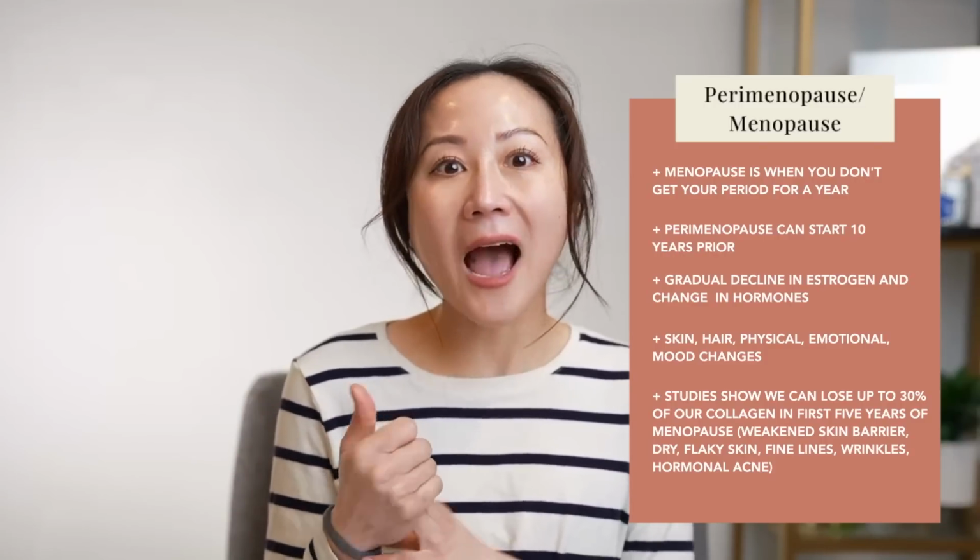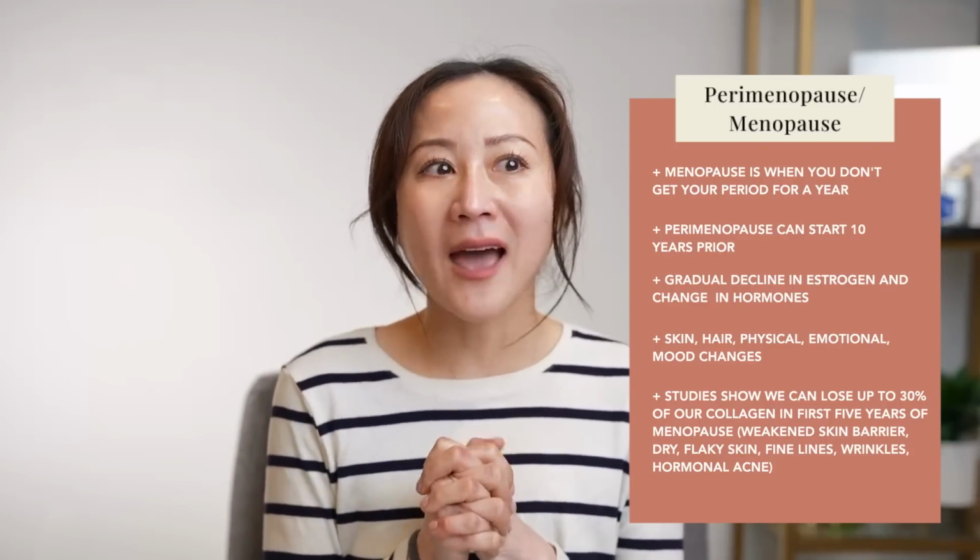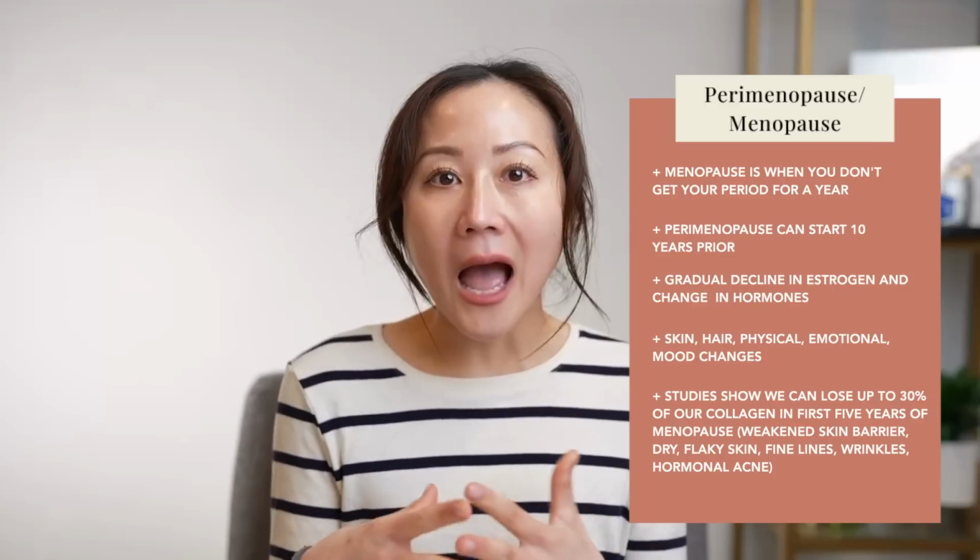It's actually very interesting that I have a handful of patients coming to see me in their 40s, 50s, even 60s, even after menopause, who are saying, "Hey, I'm breaking out, these deep pimples on my jawline. I've never had acne before, but now I'm suddenly experiencing it." And that is the hormonal changes that our body is going through around the perimenopause and